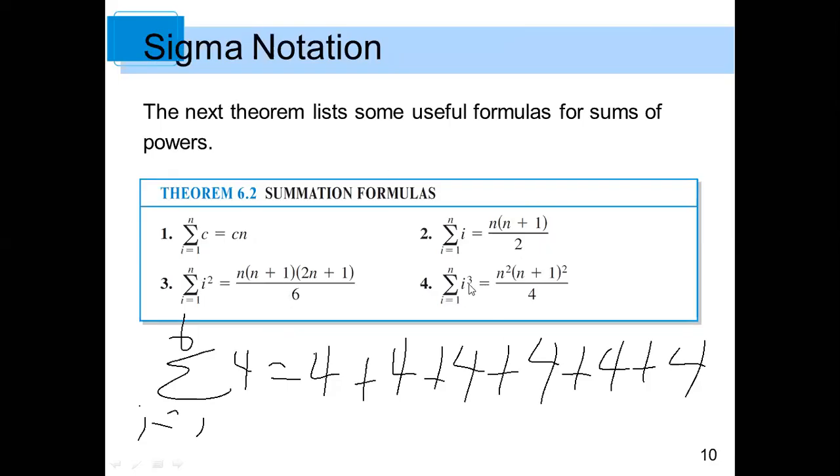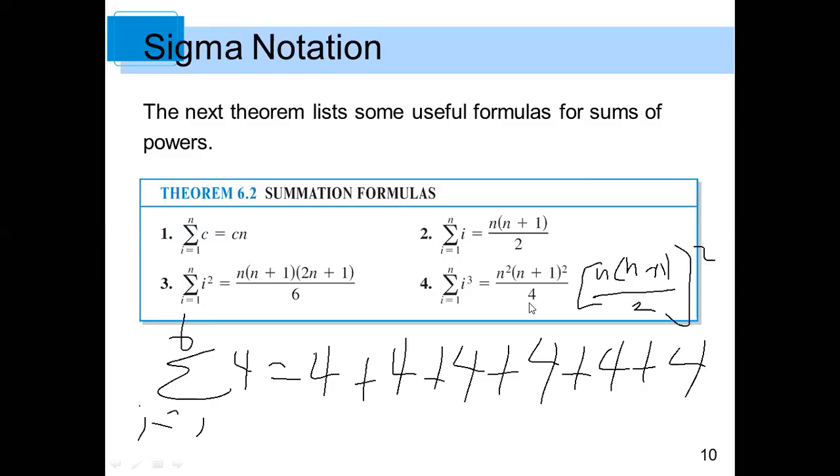And then the formula for i cubed, now look at it. It's everything as the formula for i, but you're squaring everything. It's n squared, n plus 1, quantity squared. 2 squared is 4. Okay, so sometimes you'll see it written as n times n plus 1 over 2 quantity